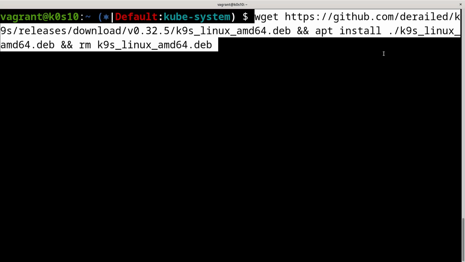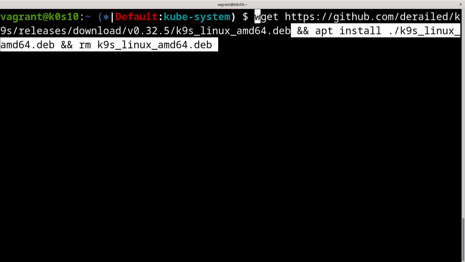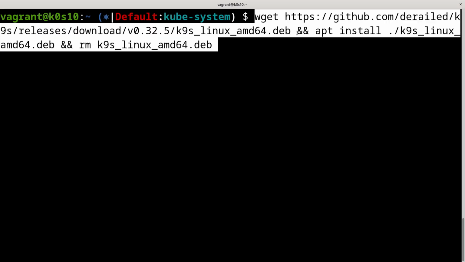This is really interesting. You can install it with the deb package, because we are on a Debian operating system distribution, and after that we want to install the Debian package and remove the K9s .deb just after the install.